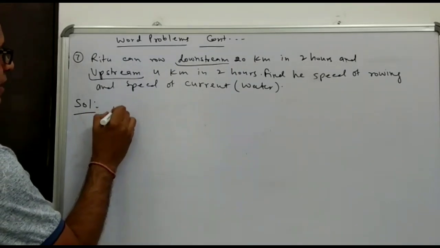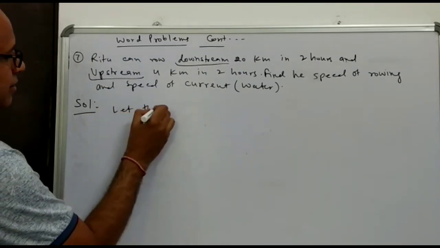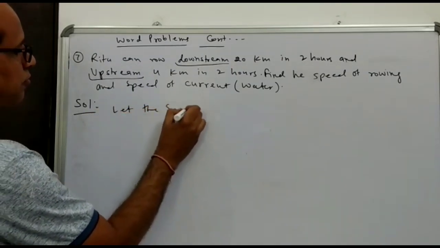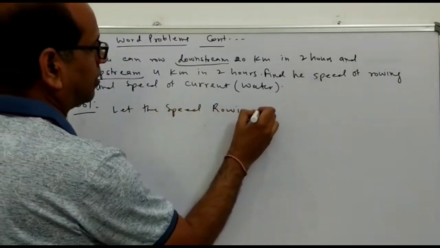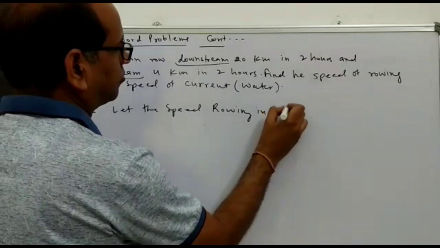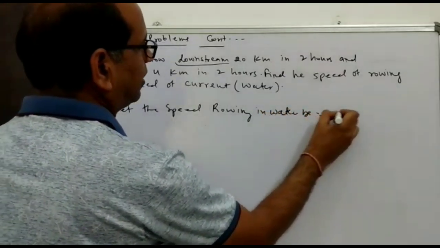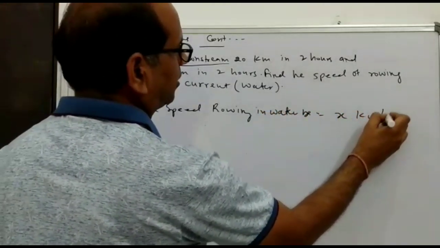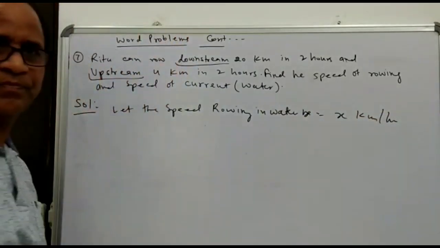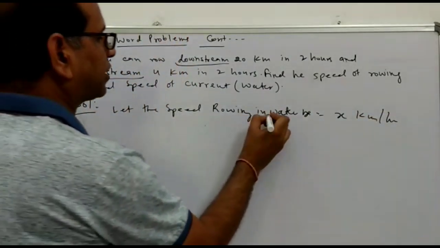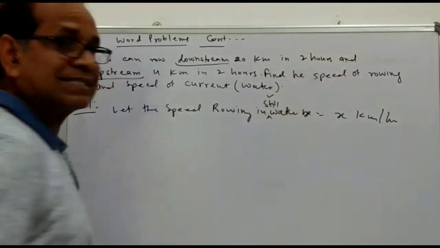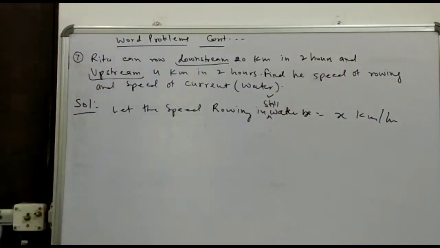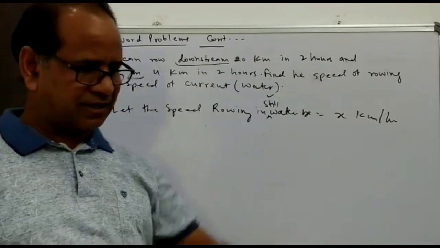Now, see, let the speed of rowing in water be x kilometer per hour, and this water is still water. I am adding this still water. The water is constant, as the water of the Fateh Sagar, it is constant,